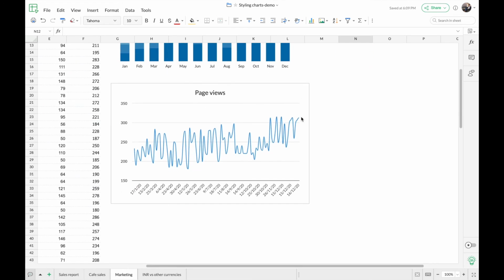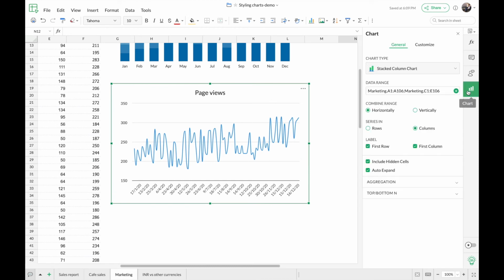Now let's also customize the line chart so that the whole dashboard or the whole worksheet looks perfect. So before we go ahead with the styling and other customizations, first I'm going to aggregate the data that is present in this line graph. So here you can see that the line graph is actually displaying the data on a daily basis, but this is actually not helpful for me because there's too many fluctuations happening in this particular data. So I'm going to aggregate this data so that it displays the monthly page view values alone.